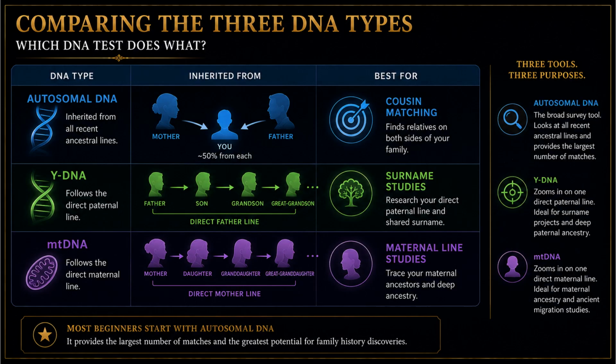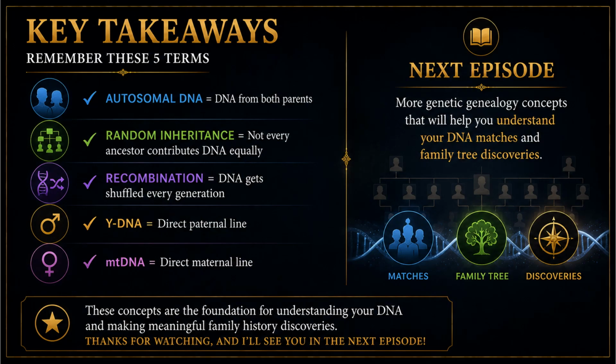history discoveries. Today we learned 5 essential concepts that explain how DNA is inherited and why your results look the way they do. Understanding autosomal DNA, random inheritance, and recombination helps explain why DNA matches appear, or sometimes don't. Understanding Y-DNA and mtDNA introduces the specialized tests that can help solve specific genealogy problems. As you continue your genetic genealogy journey, these concepts will become the building blocks for interpreting matches, evaluating evidence, and